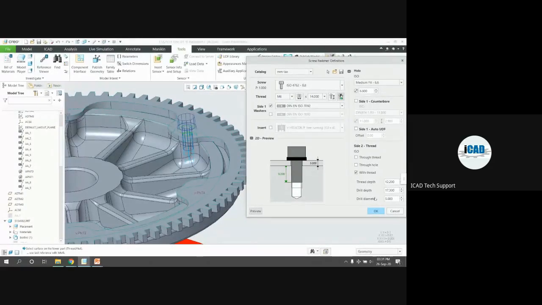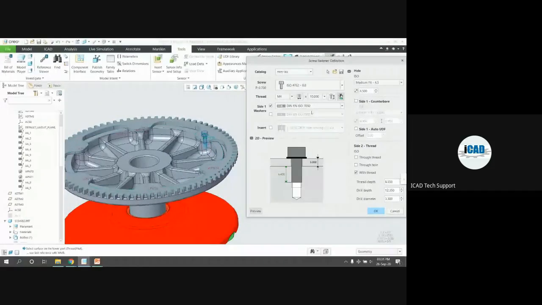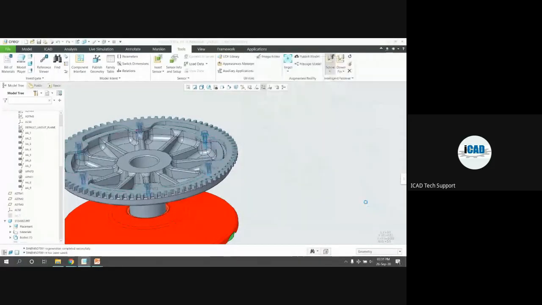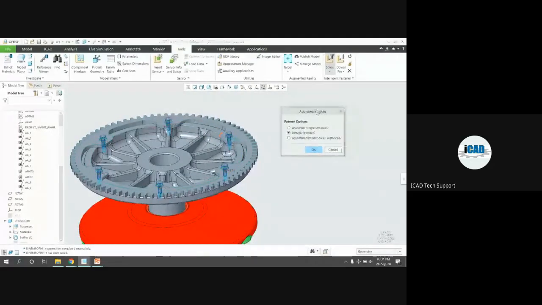Drill diameter will automatically be set as per the standard M6. Drill diameter automatically gets set. I'm just selecting it, and here you can see automatically 14.000 total length of this fastener gets selected. When I click on OK, you can see an additional command is prompted